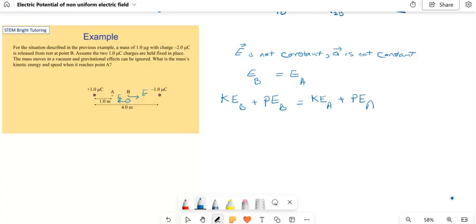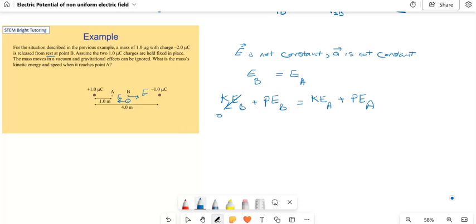The question said that the object is released from rest at point B. It means that its speed is 0 and its kinetic energy is 0. So we can calculate the potential energy